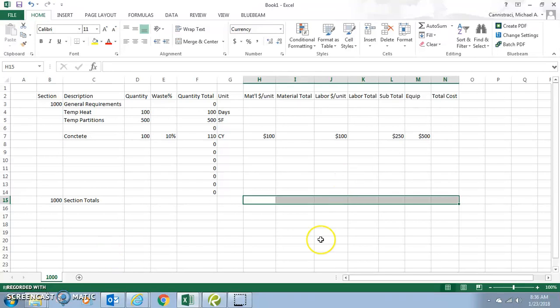Here. So we formatted some things in currency, so they look reasonable. So now we have to figure out our formulas for calculating our material total, our labor total, our